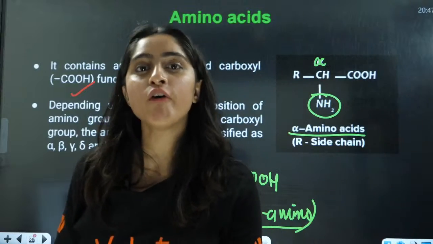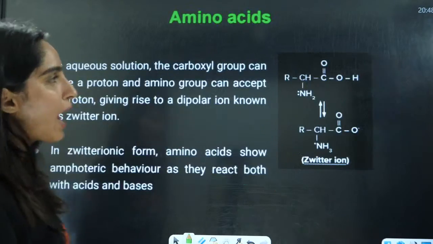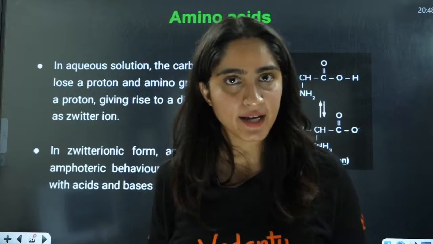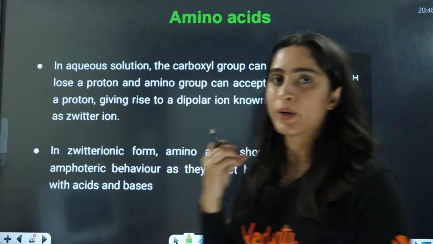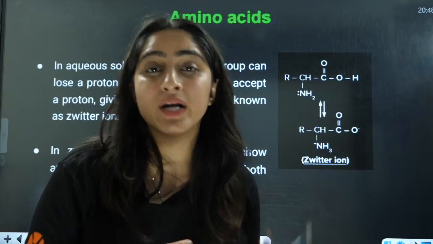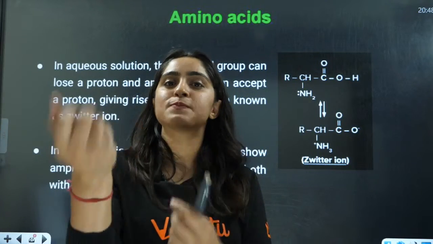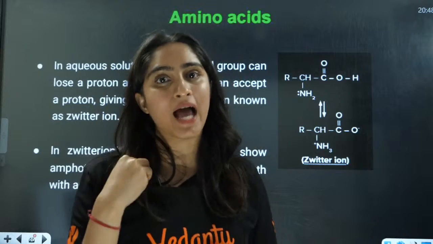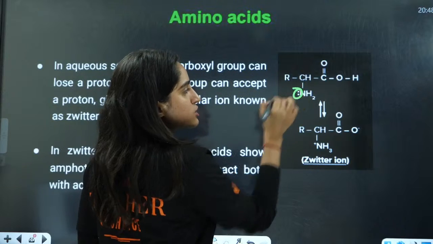They are monomers of proteins, that is why we are studying this. Like you had glycosidic linkages, here you will have peptide linkages. So this is an amino acid. Now let us see what is a zwitterion. A zwitterion we have studied when there is one basic unit and one acidic unit in one molecule. The base will abstract the H positive from the acid and form the zwitterion. So here this base has the lone pair.